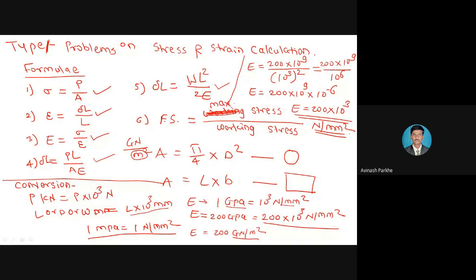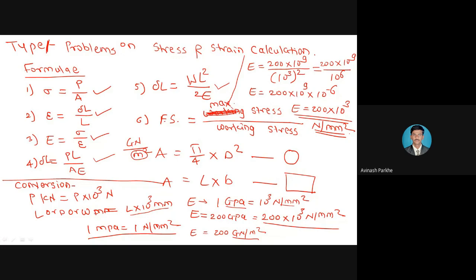So please keep in mind always whatever these constant parameters are there. For example, in the statement of the problem, if P is equal to 20 kilonewton, if it is given in kilonewton, immediately multiply the given parameter by 10 raised to 3 and convert it into Newton. Second, if length, diameter, width, depth are given in meter, immediately we have to multiply by 1000 and convert all those parameters into mm.